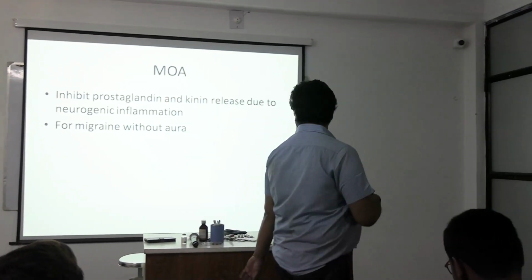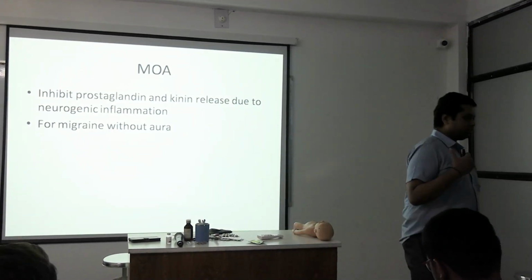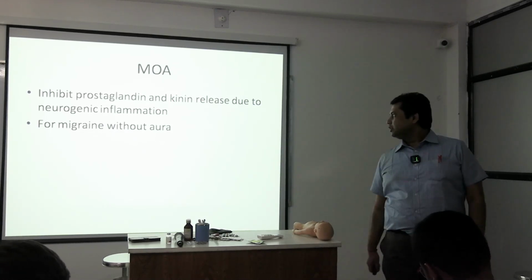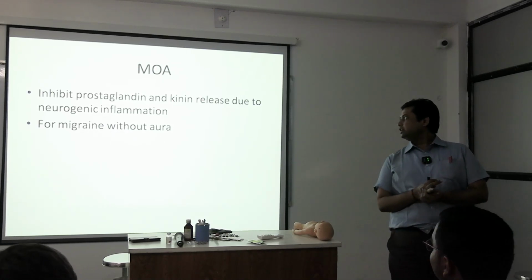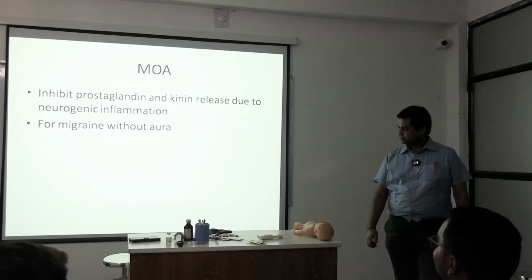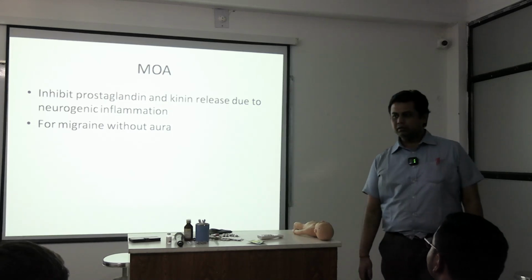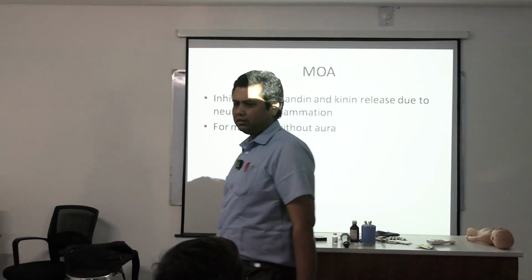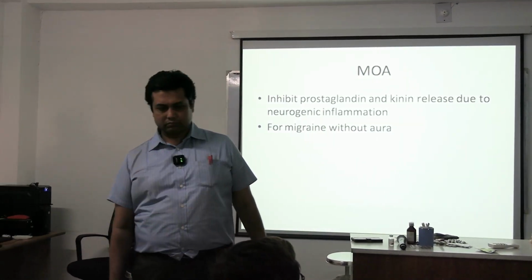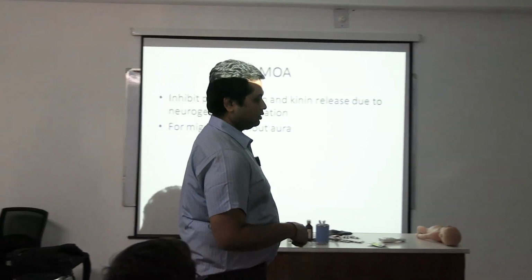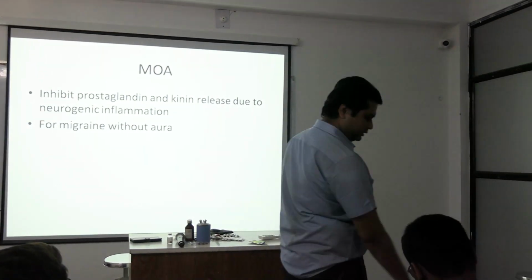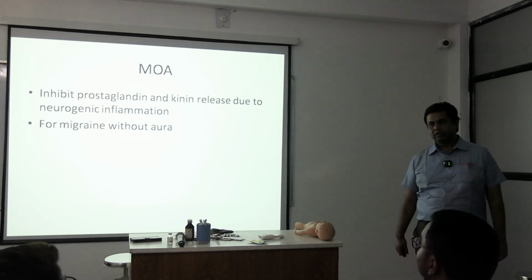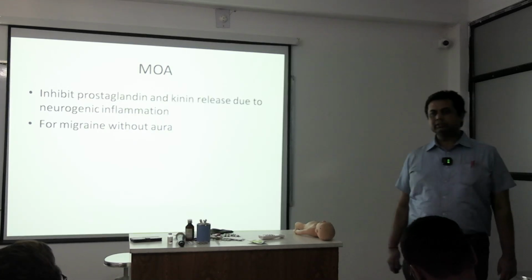So mechanism of action in this case, in case of migraine, inhibits prostaglandin and kinin release due to neurogenic inflammation. It is effective in migraine without aura. In mild migraine, it is most effective. ঠিক আছে। First line of drug for migraine is NSAID, ibuprofen. ঠিক আছে।